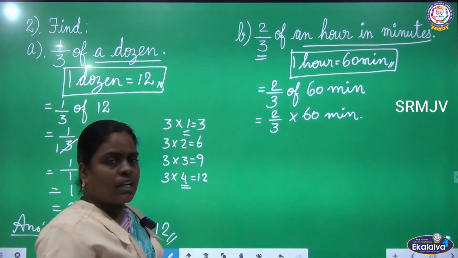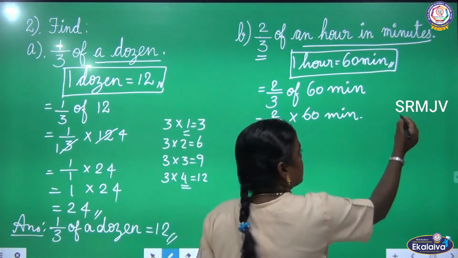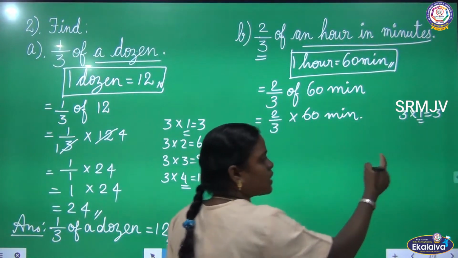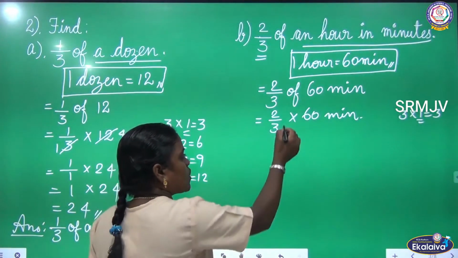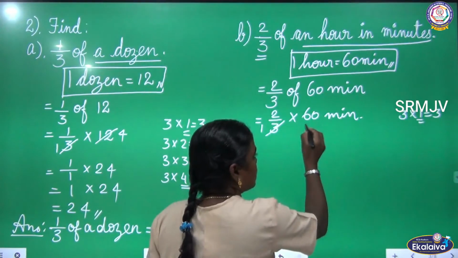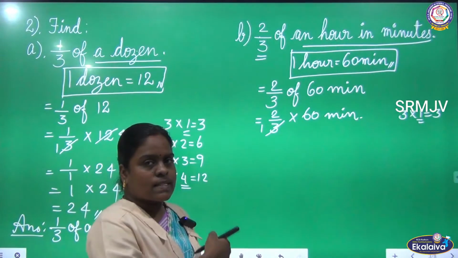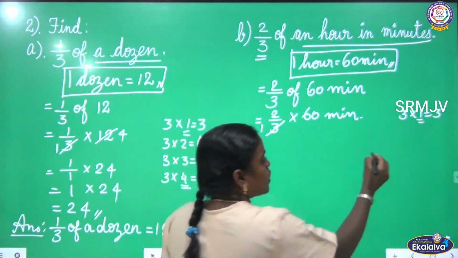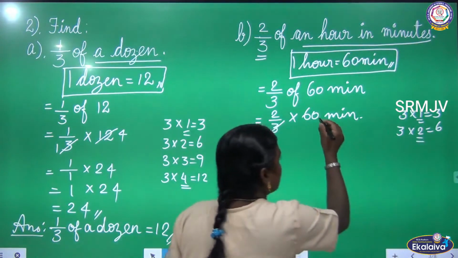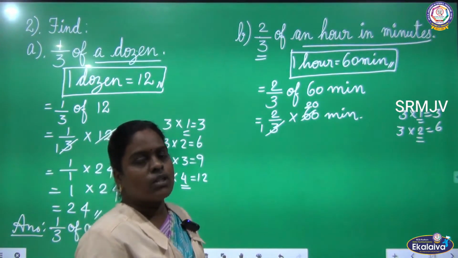So we have to use 3 table because in the denominator we have the number 3. So let us write the 3 table. 3 ones are 3. So in first time we are getting the product 3. So cancel the number and write 1. And here listen, children, 60 we have. If you want to find out the product 60, it is the long process. We know that 3 2s are 6. So write 2 here and copy the 0. So now we have 20.